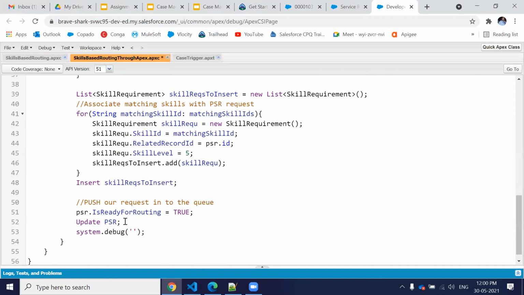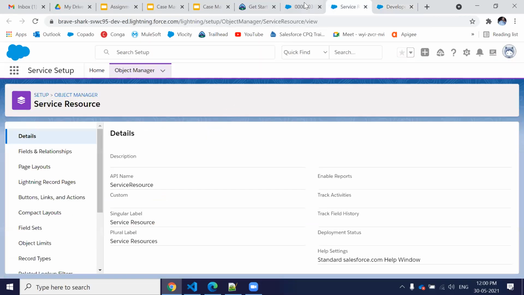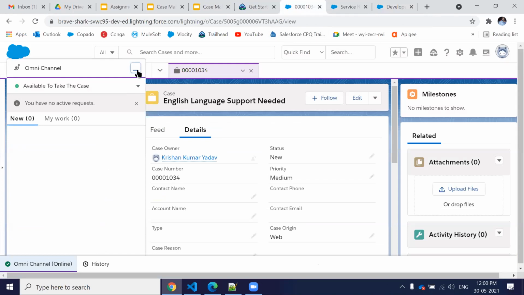System.debug psr update. Let's save. Let's check whether our flow is running and whether this trigger is calling our logic or not.